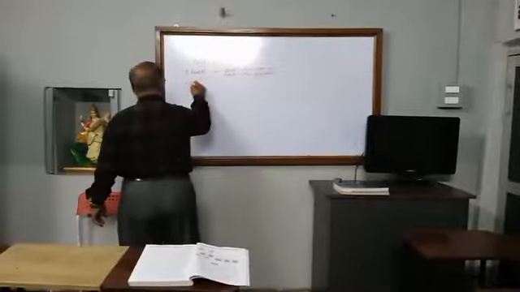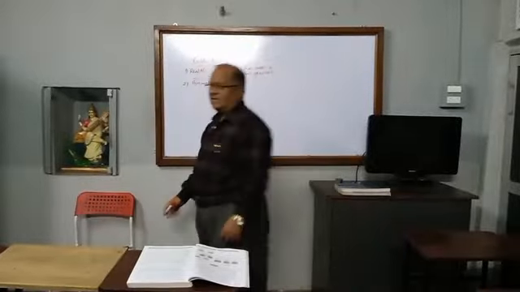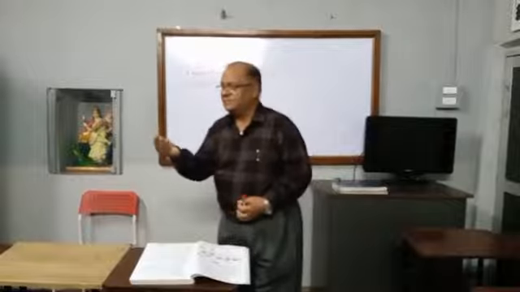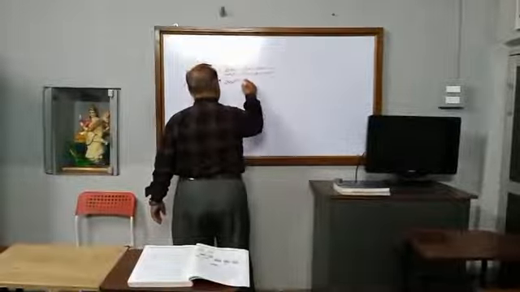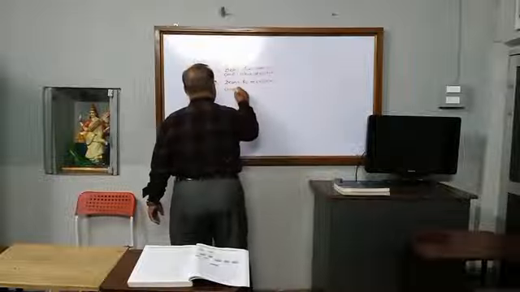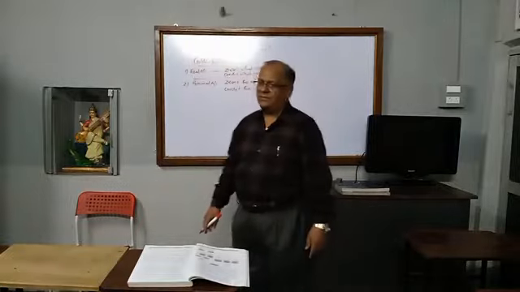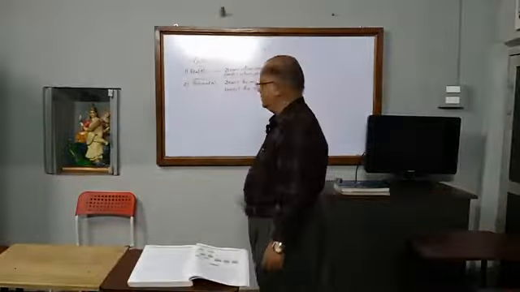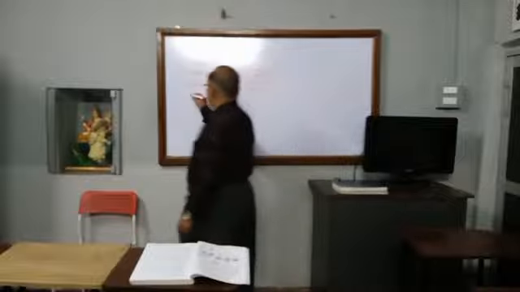What is the rule of personal account then? First is debit the receiver. If you receive it, you debit here. Debit the receiver, and credit the giver. Credit the giver is the golden rule of personal account. These are called rules of accounts or golden rules of account. Then third is nominal account.